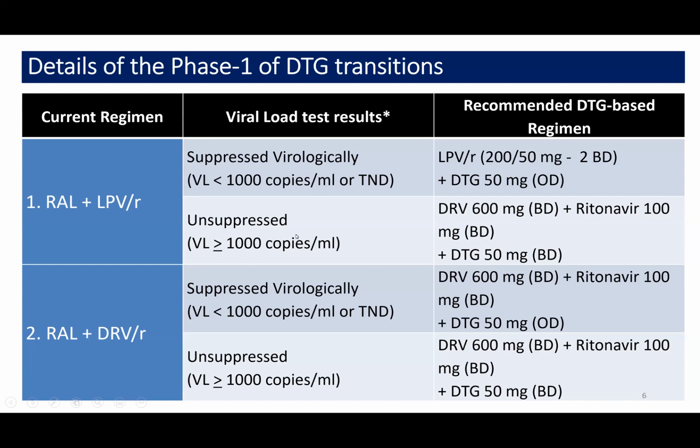then the guidance is that all these patients will undergo step-up adherence counseling for a period of 3 months. If their adherence is good, their viral load will be repeated. If the repeat viral load is less than 1000, then they will be continued as a suppressed patient, not a failure patient, and the OD dose of DTG will be continued. And if the repeat viral load is more than 1000, then you will see here darunavir, ritonavir plus DTG.